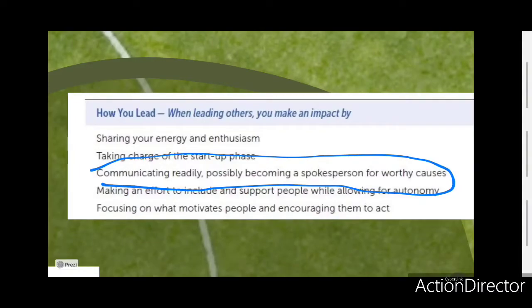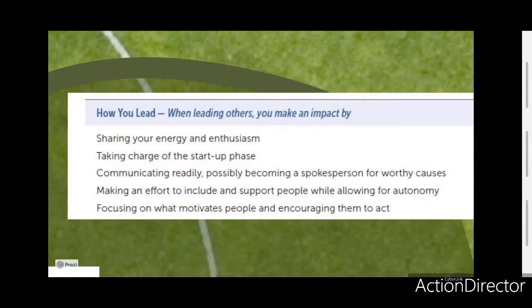Well, I may be able to become a spokesperson for something like Operation Honor within my unit and make sure that this is a worthy cause. I want to support it. And as a leader, I have strong communication skills. I can leverage that to improve the culture of my organization. That is just one example in the strength box at the top of the second page of your action plan. Let's say you want to start working on something that is more of an issue that you want to improve upon.